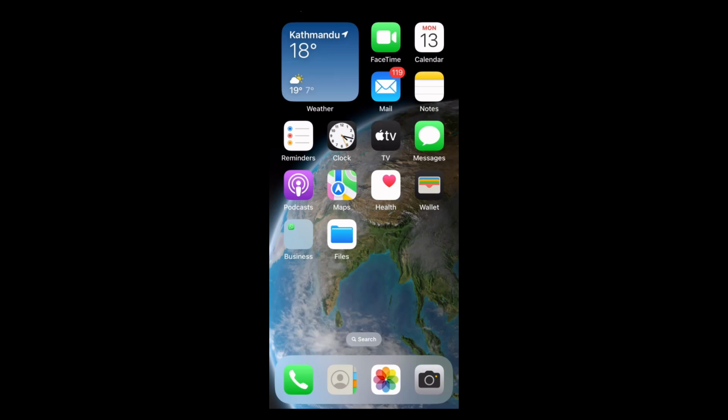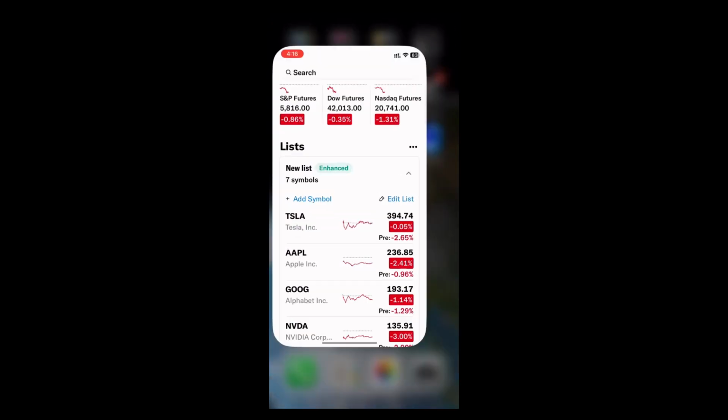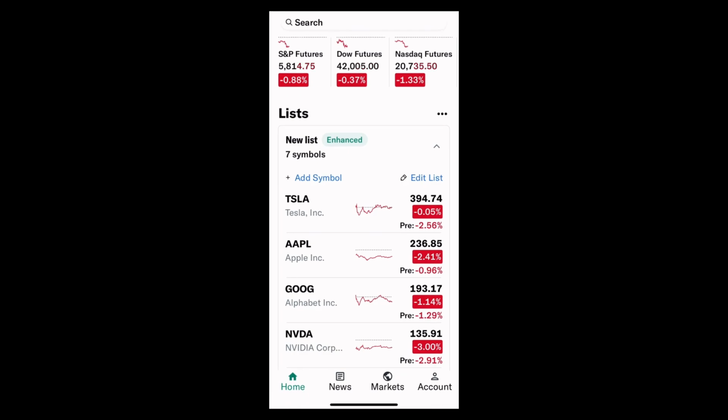In today's video, I'm going to show you how to read Yahoo Finance stock charts. It is a very simple process, so let's dive right in. First of all, find the Yahoo app on your home screen. Now open it. After opening the app, here you can see the stocks of the company on your home page